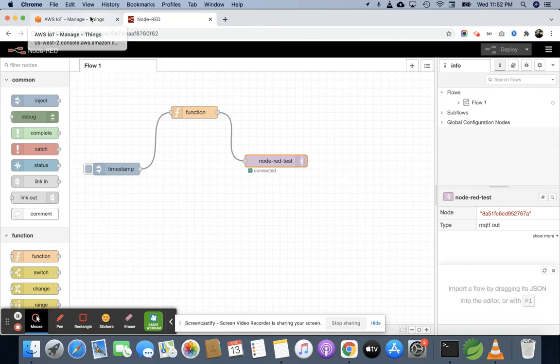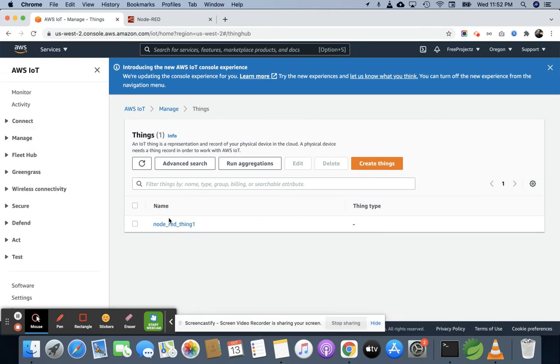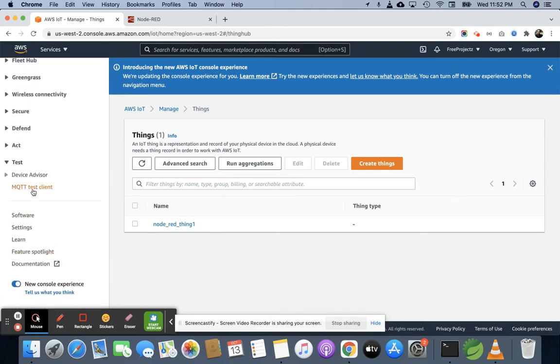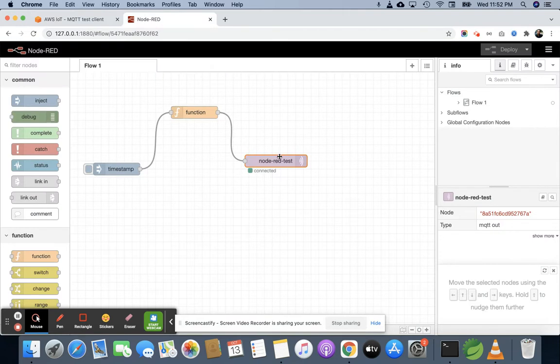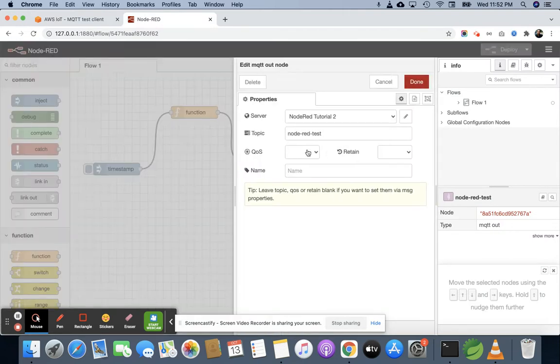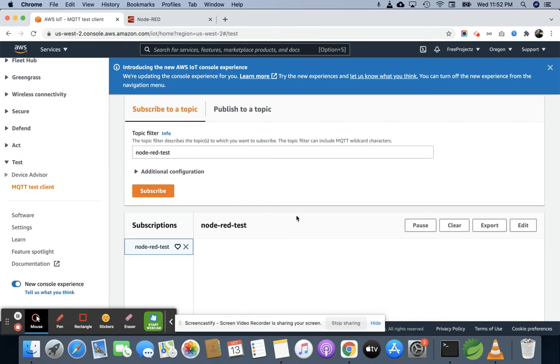So let's first test the application from the test. This is the MQTT test client, and the topic we need to subscribe to is the Node-RED test, right? So I am copying the topic name here, and then just click on subscribe to topic and subscribe, right?